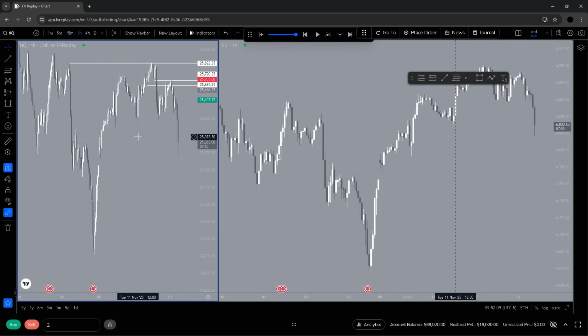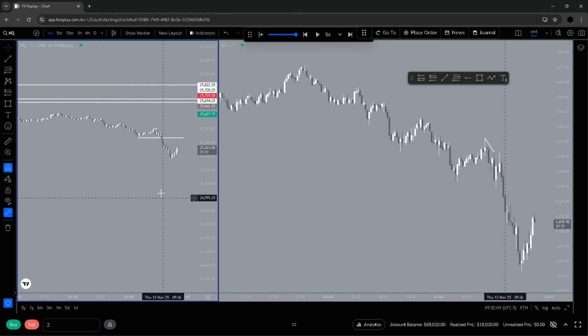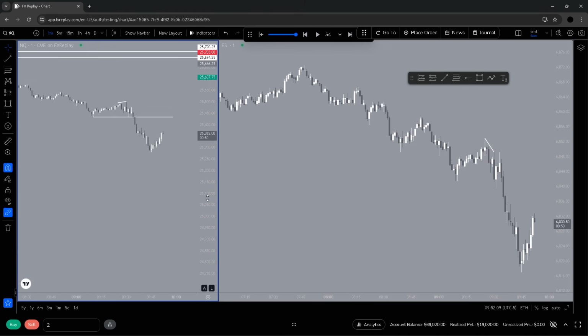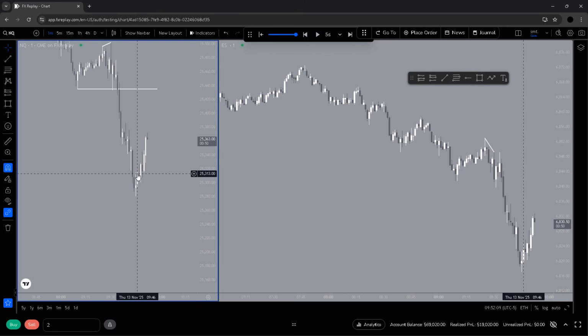Picture this as a 1 minute time frame. What do you expect to happen? You expect these highs to get taken, displacement lower, rebalance, displacement towards this draw. The market is fractal, guys. So if you can read the lower time frame, you can also read the higher time frame. I just recommend backtesting it and getting experience with reading it, because it does move a little bit different. It takes a lot longer on the higher time frame, of course. However, you can still catch moves off it if you fully understand it and you do backtest it in detail.